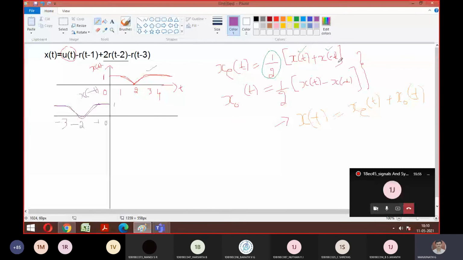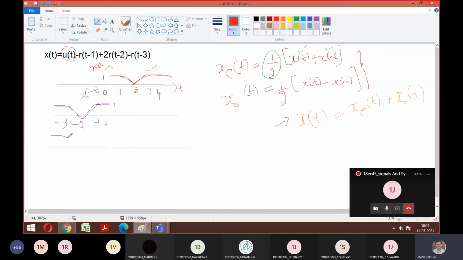I hope everyone remembers the addition part. I think there is not much complexity in this. You can see here, I need to add this signal plus this signal. Anyhow it is 0 plus this, so it retains its position. Similarly this is plus this, so it retains its position. So what is the outcome now? It is the addition of both signals together. Is it like this? Everyone okay with this?